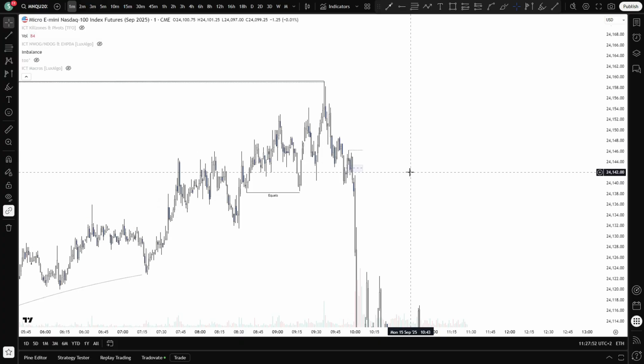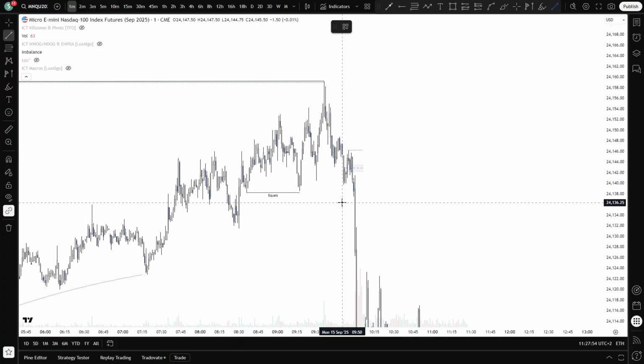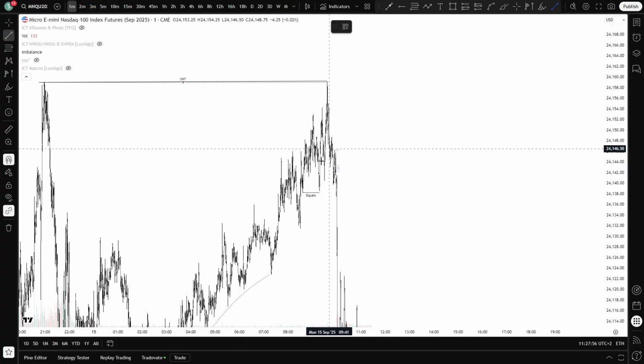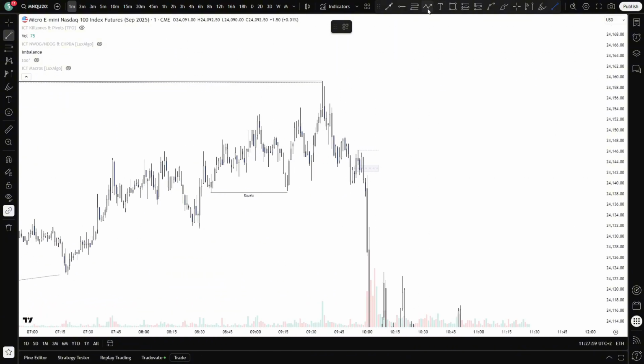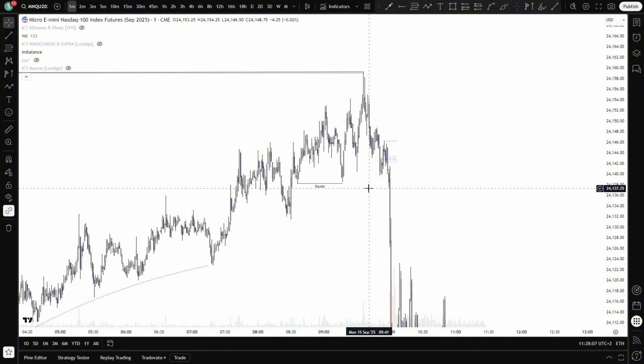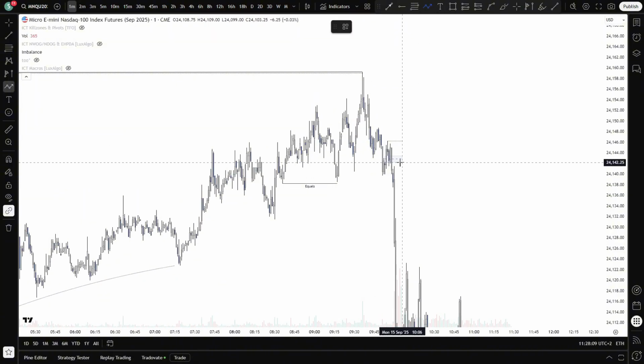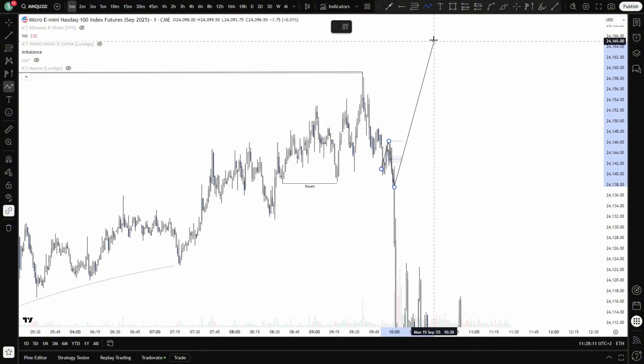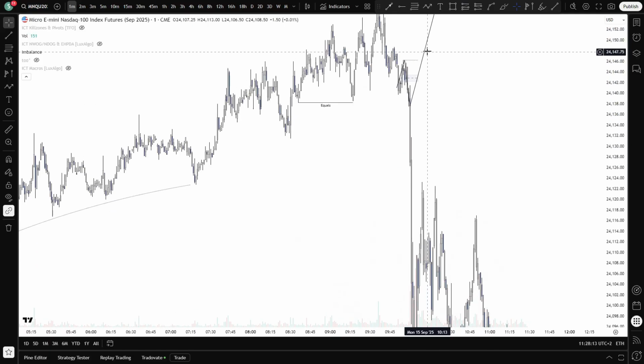But I also said be patient because it can also just be a fake SMT to get in shorters, to create more buy side liquidity for the market makers to eventually take out again. We still had these equals, so what could the market do? Sweep those equals and just come back up again.